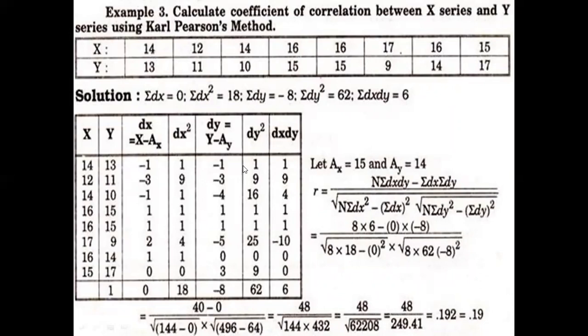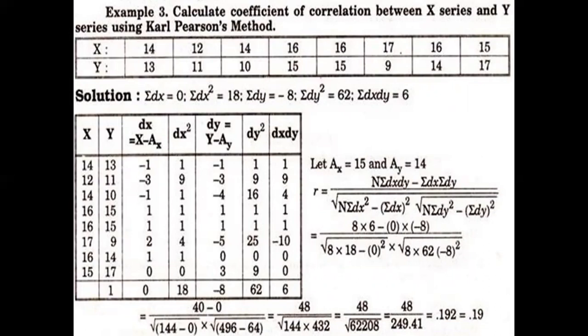So the values are given, as we can see X and Y values are there. We can count them, the number of items we need to get, because n values are also required to input in the formula. So we can simply count 1, 2, 3, 4, 5, 6, 7, 8. Means 8 pairs are there.